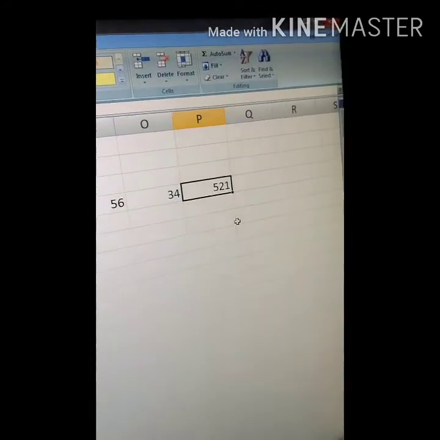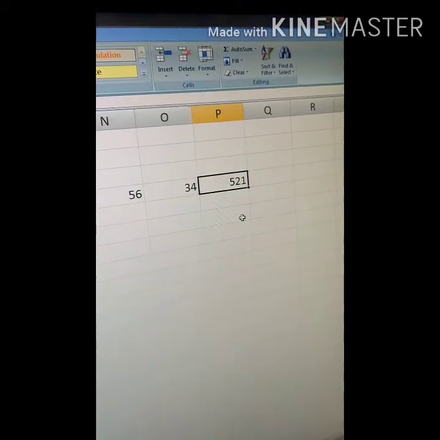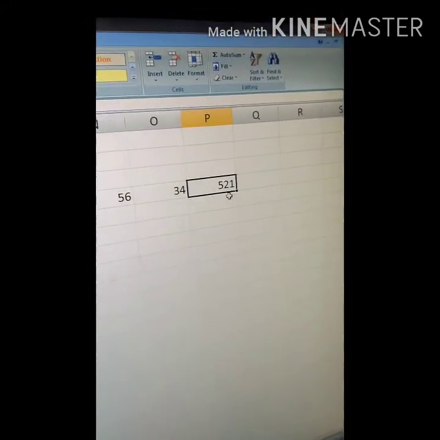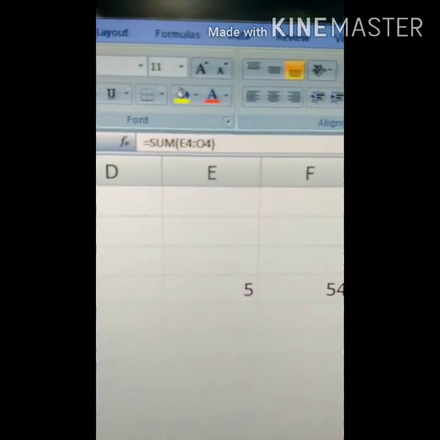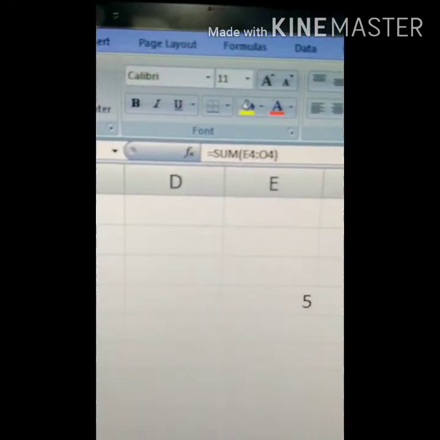It means you understood. Here we have 521, and in the formula bar it is showing the formula for 521.